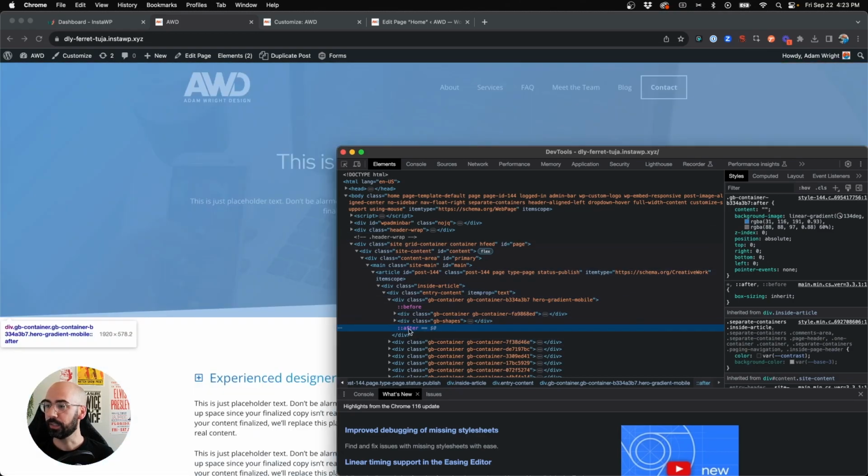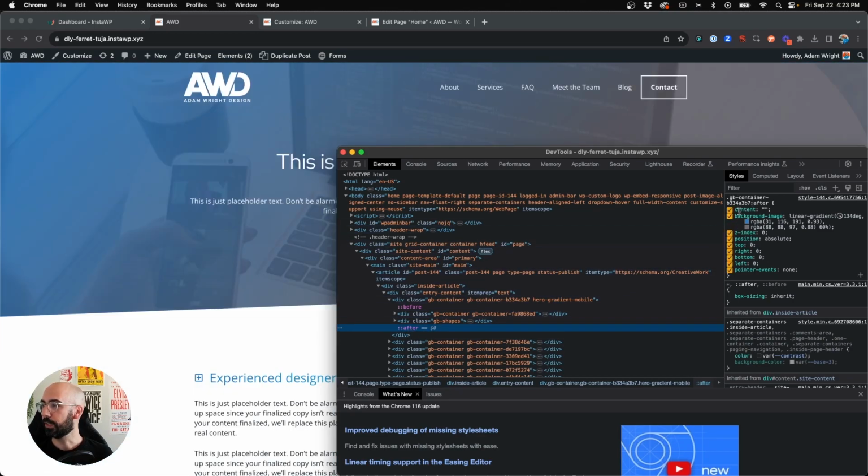So if you click on the after, you'll find it right here, background image, and it shows linear gradient, 134 degrees, and then it shows the blue color, RGBA, and the gray color, and you see it here at the end, stopped at 60%. So what we can do is go ahead and just copy this full code, and now jump